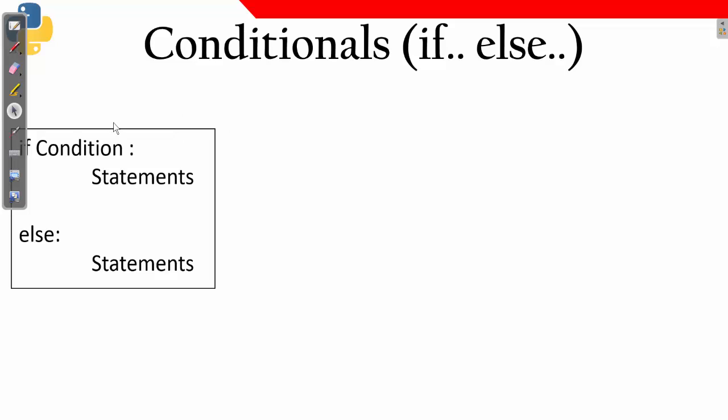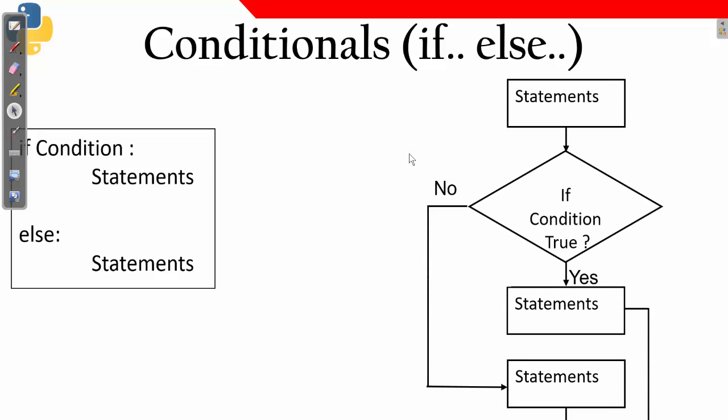Now basically we write it like this: if condition, then there is some statement, else, then colon, we have some more statement. Basically, we have a statement, then we go to an if condition. If the condition is true, then do some work and come out, or if it is not, then do some other work and come out. This is the basic flow that we have.